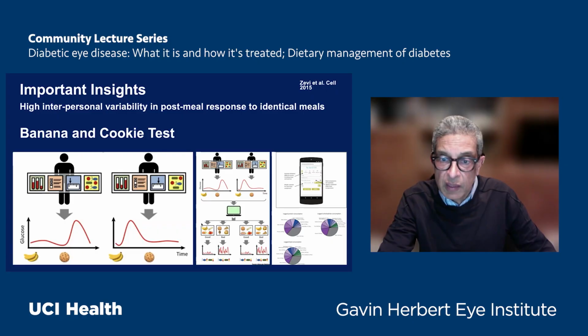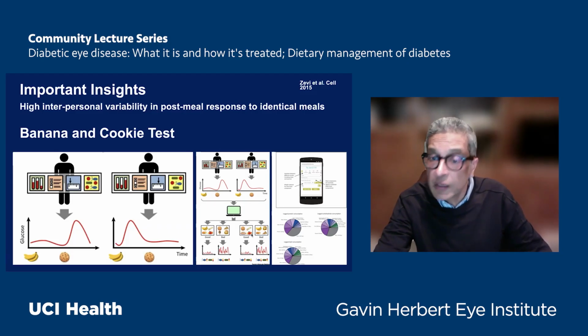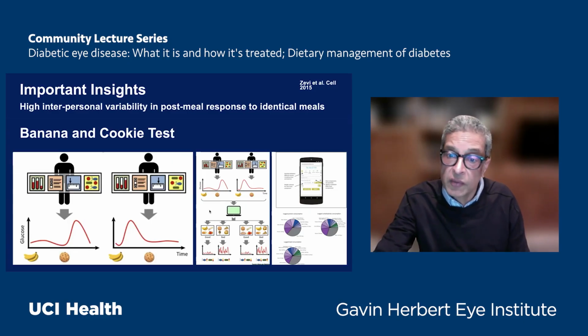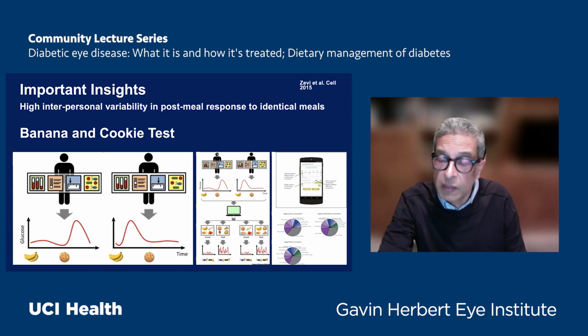Then you figure out which are the good components and which are the bad components for this individual, and which are the good or bad components for another individual. There actually are now methods or apps available where people can be given a variety of test meals, and then their blood sugar can be measured. This app can then determine what type of nutrients or food items will be beneficial for an individual, but might not be beneficial for another individual. They might have another set of nutrients or meal choices that they would have to make to control their